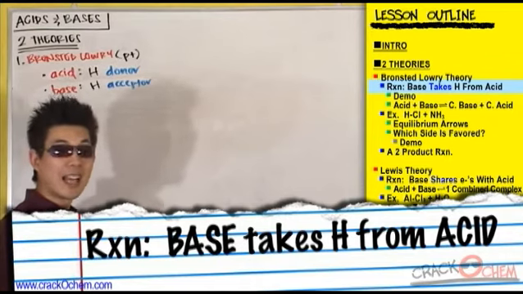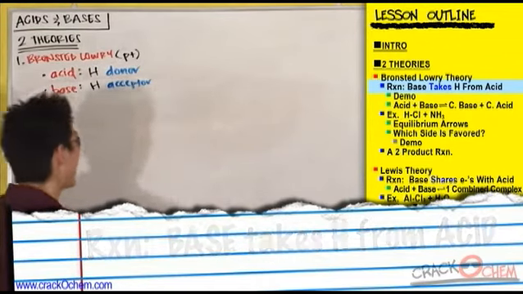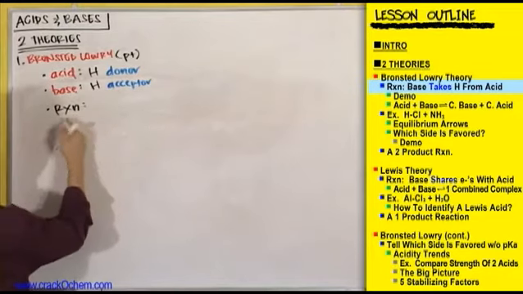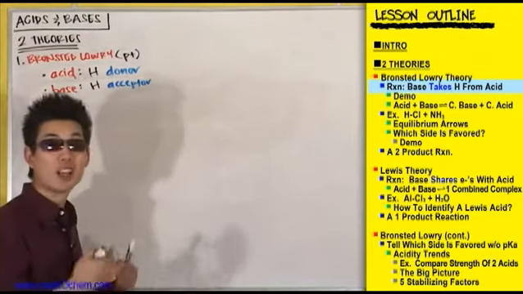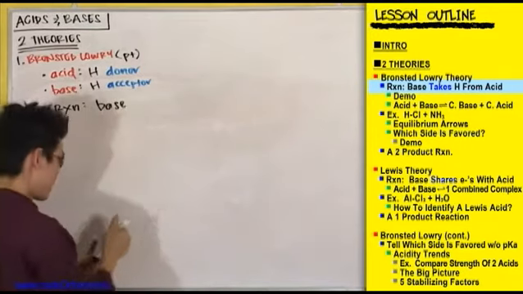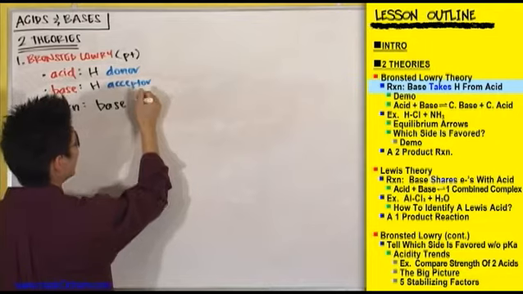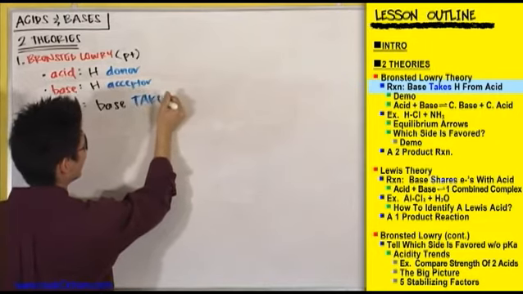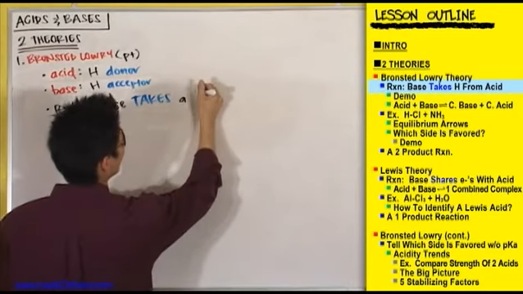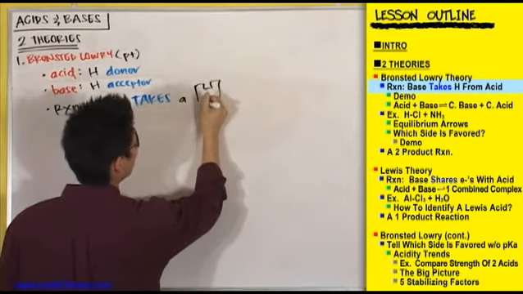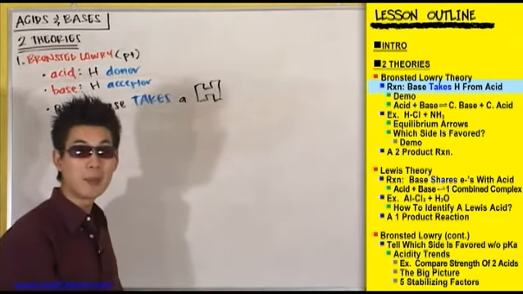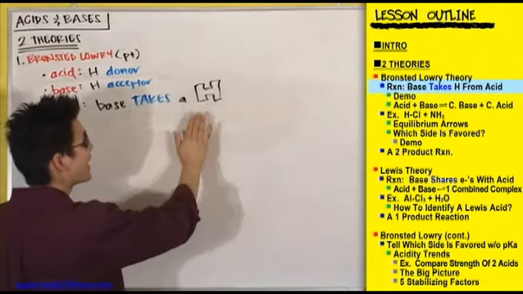Okay, so now that you know what an acid and a base is, let's spell out what happens in a Bronsted Lowry acid-base reaction. And all that's going to happen in this acid-base reaction is that a base takes a hydrogen. I'm going to put this hydrogen in big block letters because I want you to understand that the only thing happening here is that a base takes a hydrogen